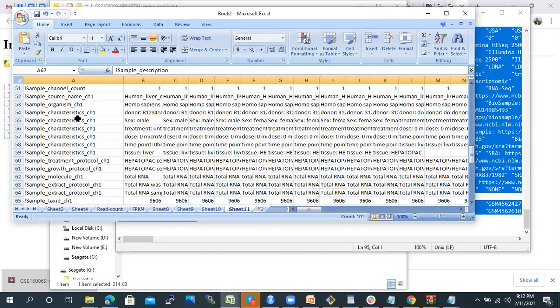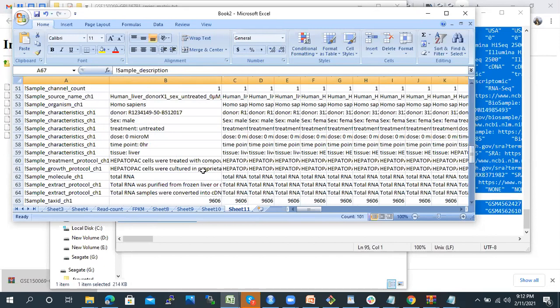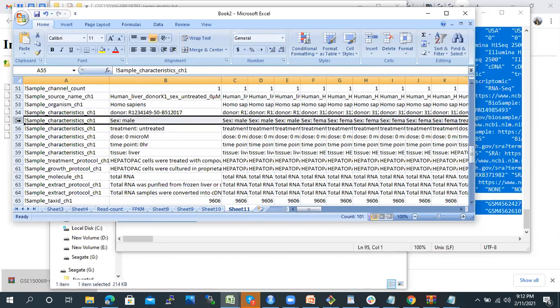Now, under the sample characteristics column, in the row where you will find sample characteristics, it usually contains clinical and phenotype information of the patients. For example, let me just show you one. If you look here, we will get, these are Homo sapiens samples, then their donor ID, then under the sample characteristics.